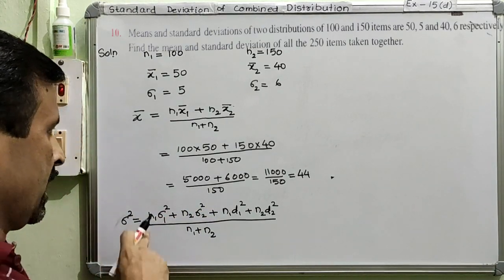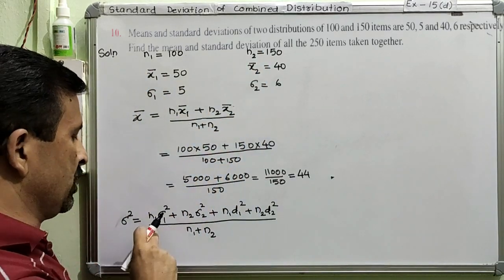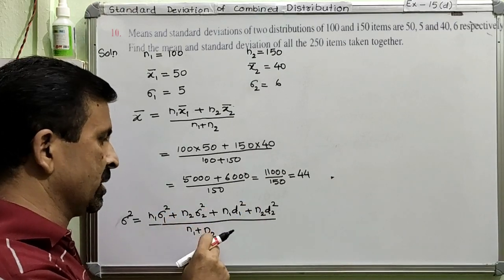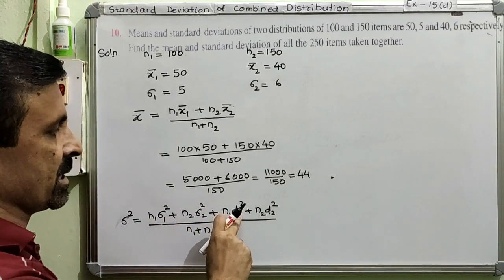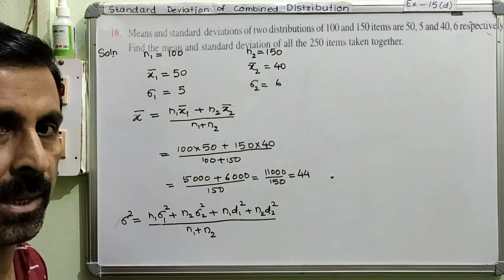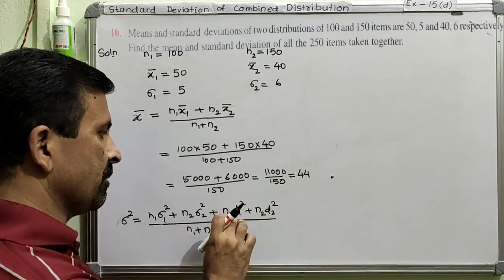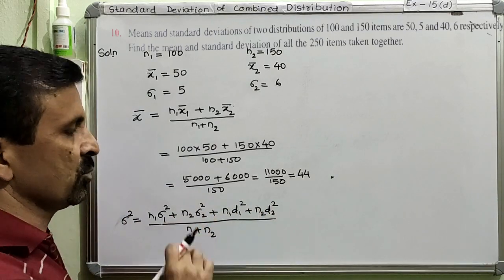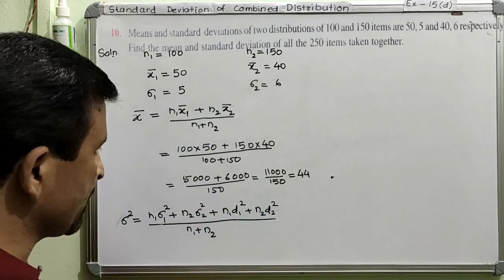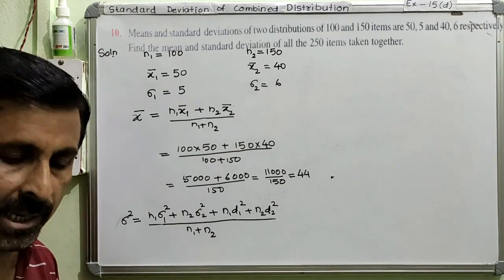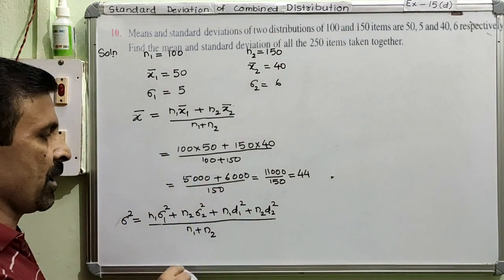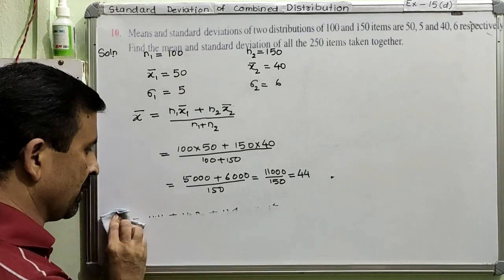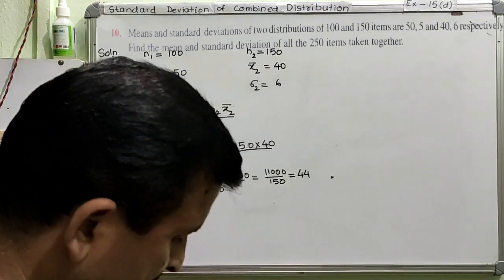Now look here, if you look at the information you have, you have the value of n1, sigma 1, n2, and sigma 2. We have all these values, but what is not given is d1 and d2. Is this very clear? So first of all, we will find out d1 and d2. Only after finding d1 and d2 will we be in a position to use this formula. I wrote this formula just to show you once again. So we are now going to work out the values of d1 and d2. Let me delete this formula, because the space is very limited.